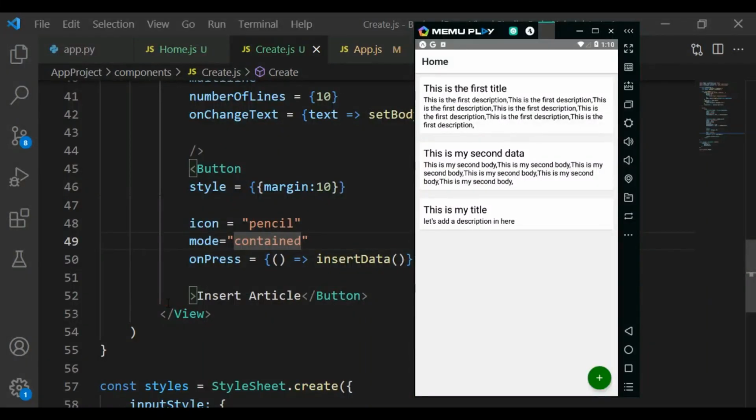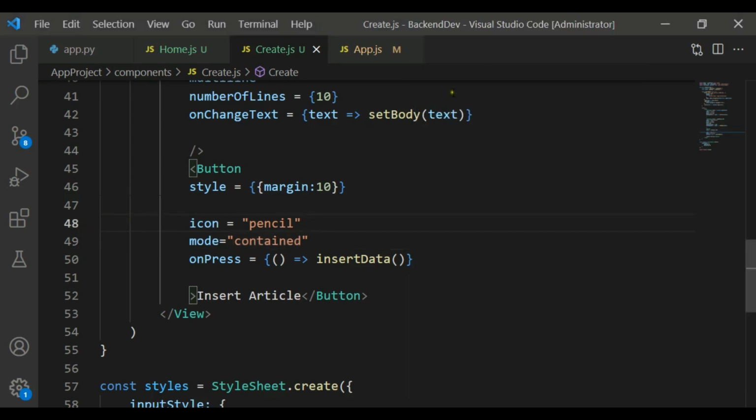Alright guys, now let's work on our pull to refresh functionality. Right now if you see, we can insert the data, but when we are back on the home page we are not seeing the data. We need to save that, and after that we will see the data. Now for this we want to add pull to refresh functionality. So for example, when we add the data, we can just pull to refresh and we see the data. So for this we are going to open our